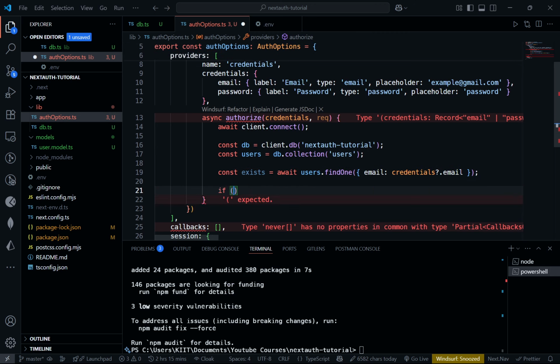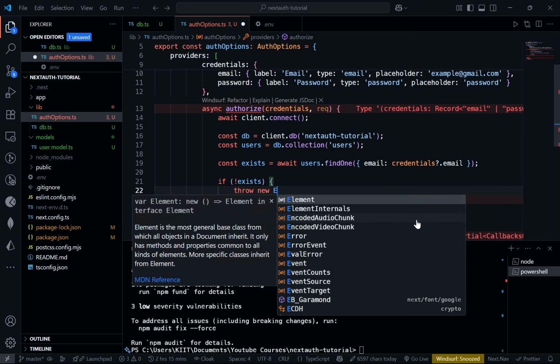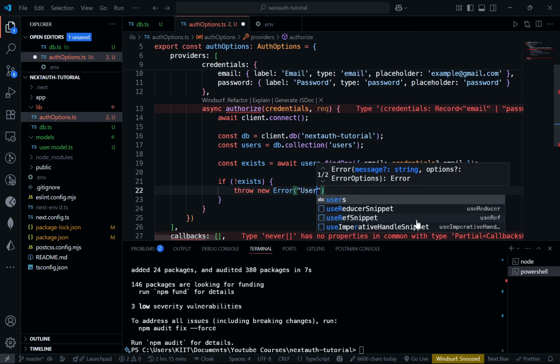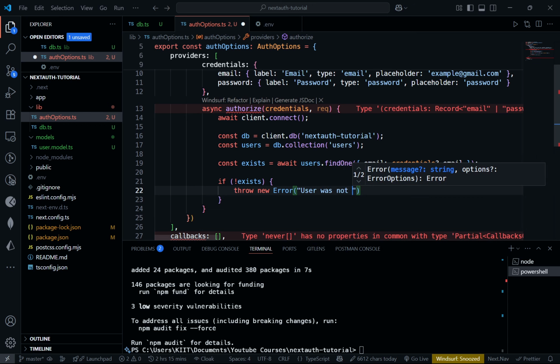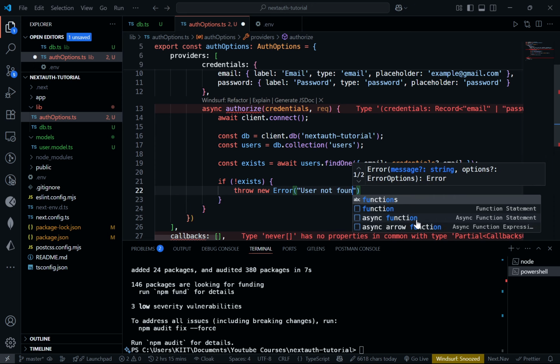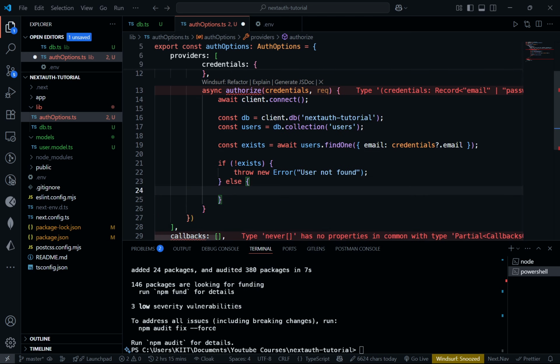So if not exists, throw new error, user not found. Else, what we can do is